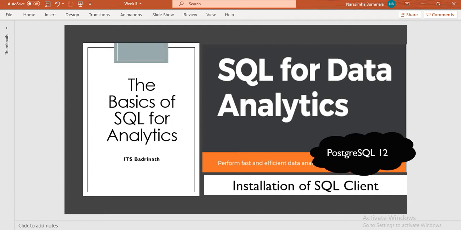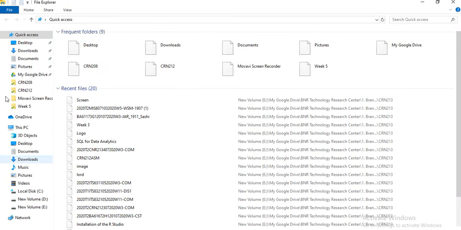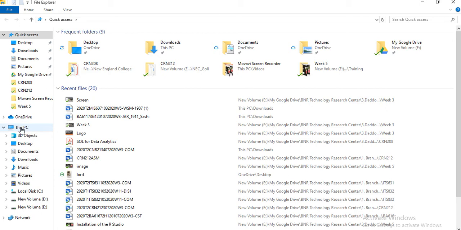A precondition to installing software is to know what type of system you have. Is it a 32-bit system or a 64-bit system? For that, just follow this step. Open your computer, and if it has Microsoft Windows 10, you will get This PC.